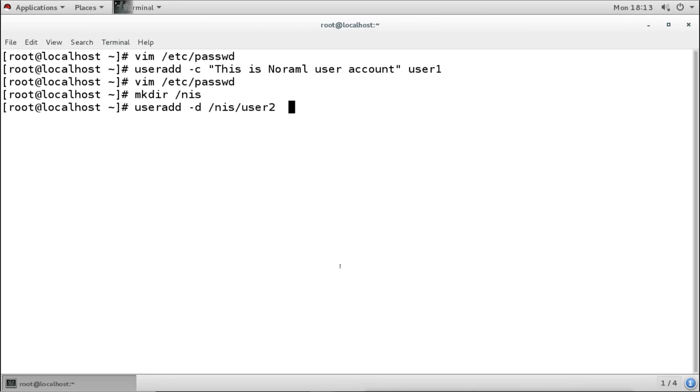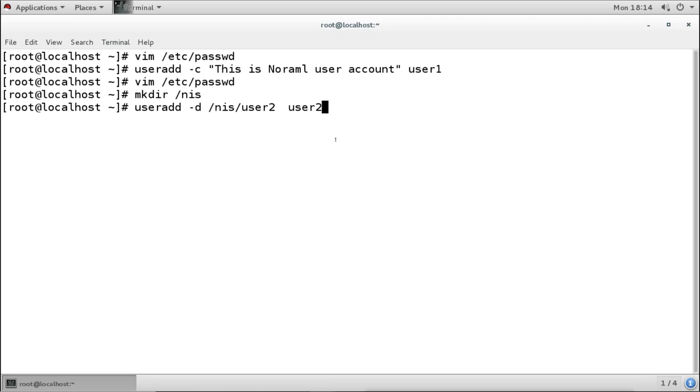Now remember, this is the directory name I am giving. So I want to create the directory under this directory, and then this will be the directory name for the user. Now this is the same name as the user account, so the user account name will be user2. So I'm creating this user account, and this user account's home directory will be user2 also, same name, and this directory will be created under the directory which I have just created right now, because I want to create separate users. And this -d option will change the home directory.